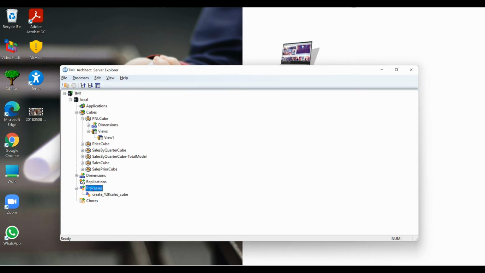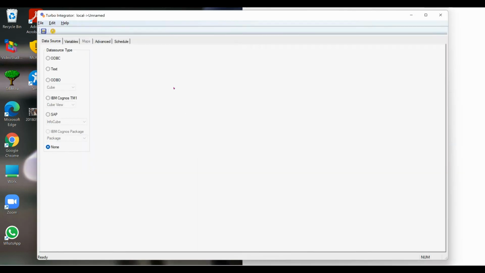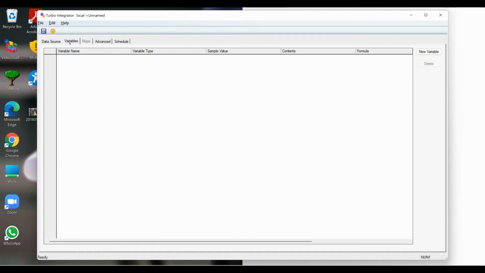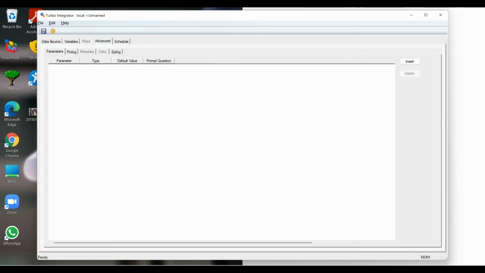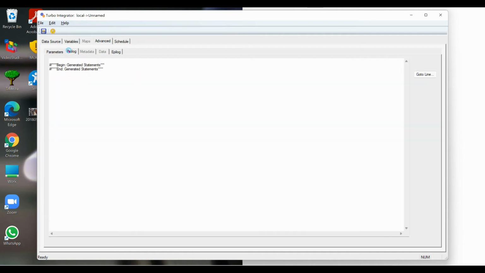So let's go to processes, right click, create process. In this case, we are not going to use any of these data sources, none. And no variables. Go to the advanced tab. As we are not going to use any data source, only the prolog and epilogue sections will be open for us to write the code. No metadata and data sections are available for us to edit. So click on prolog,